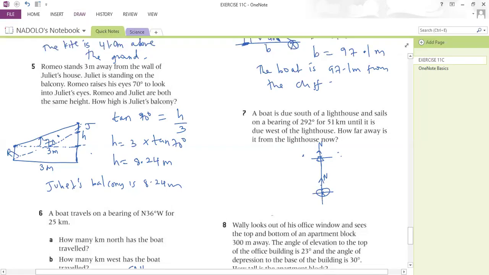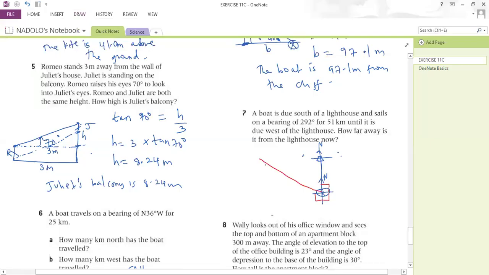So, from here, we have measured, already have 90. We already have another 90, that's 180. And then we have another 90, that is 270. We need 292. So the difference between 270 and 292 is 22 degrees. So you're going to measure 22 degrees on this side and then have the boat go to the west side